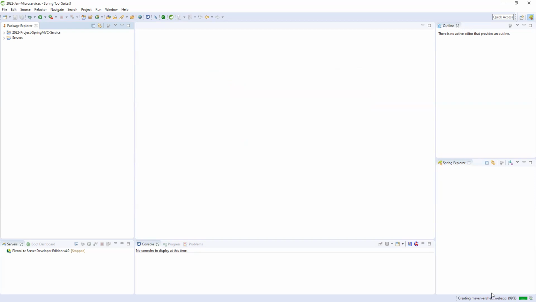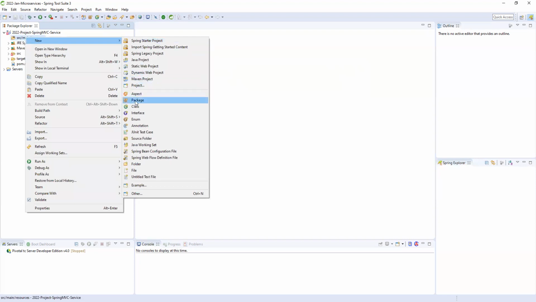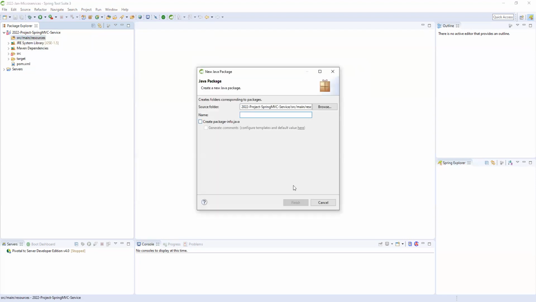Whatever we are giving, it will take the project structure and create a basic project, which will be added here. Now you can see the project is coming here, and you can see the project structure. We have src main resources. It is not giving Java resources. Sometimes it gives and sometimes it doesn't, so you need to add a package like that.